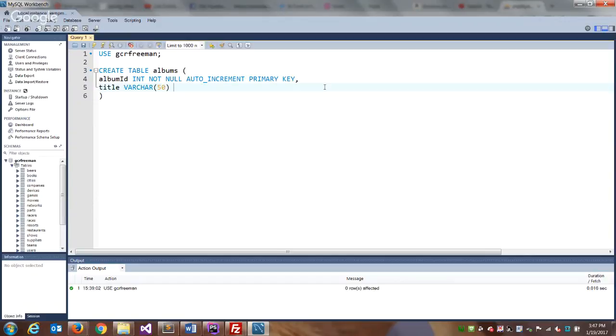Should the album title be required or should we allow nulls? Yeah, it should be required. We can't save an album without a name. So again, that's going to be not null. We don't need the other stuff. It's not a primary key. We're not auto-incrementing it. Now we've got